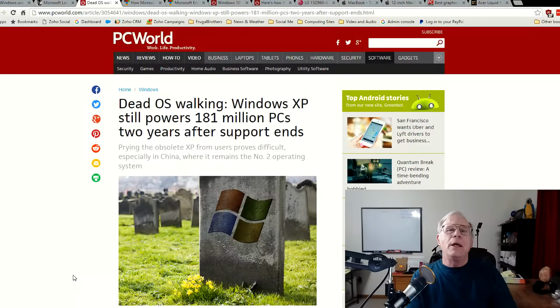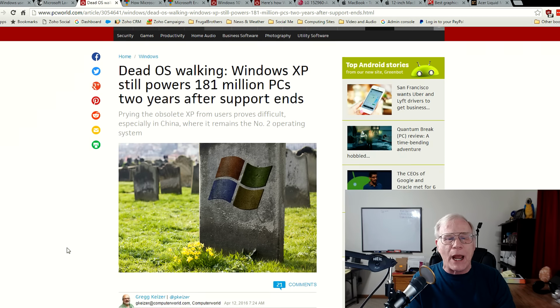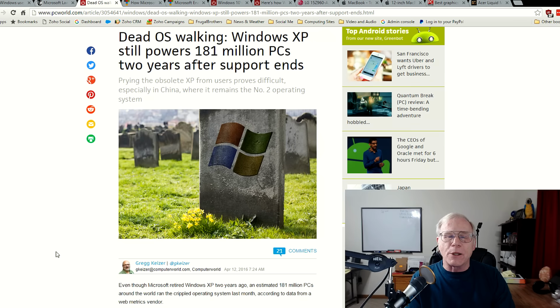Okay. This is something I just couldn't believe when I first saw it. I want to share it with you right now. Windows XP still powers 181 million PCs 2 years after support. Now, in all fairness, the percentage here in the U.S. is under 3%. But just the other day I got a call from a consultant, not a client,